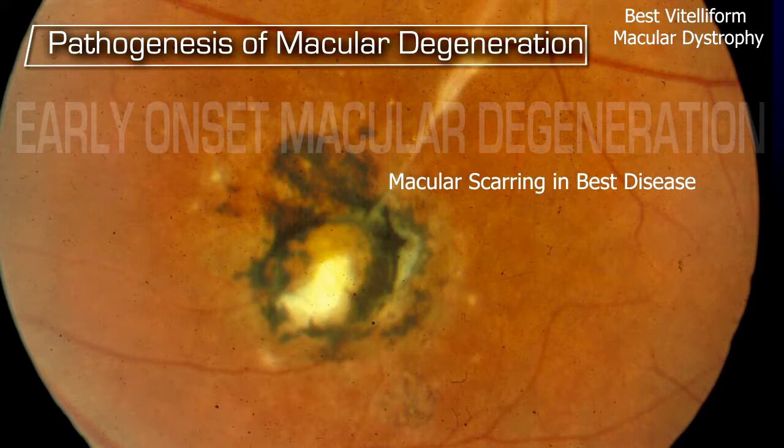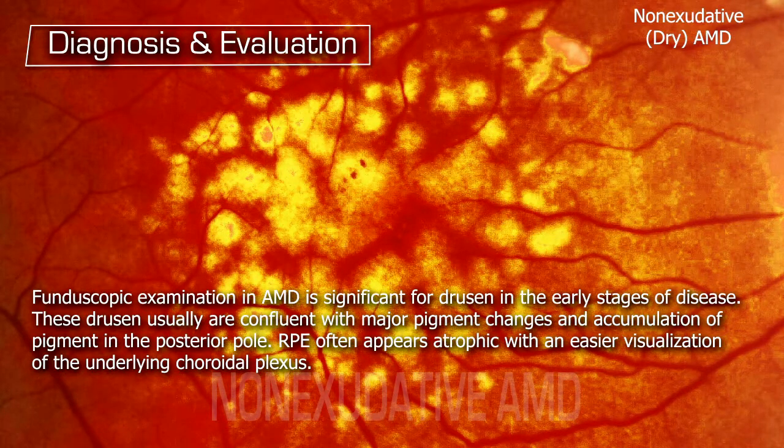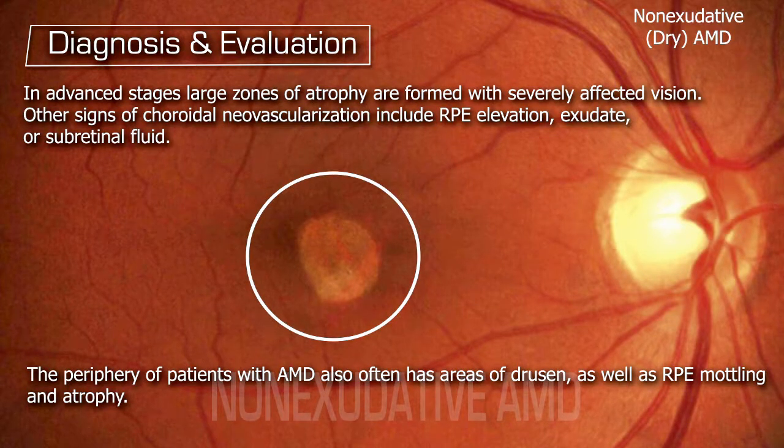Fundoscopic examination in AMD is significant for drusen in the early stages of disease. These drusen usually are confluent with major pigment changes and accumulation of pigment in the posterior pole. The RPE often appears atrophic with an easier visualization of the underlying choroidal plexus. In advanced stages of dry AMD, these focal islands of atrophy coalesce and form large zones of atrophy with severely